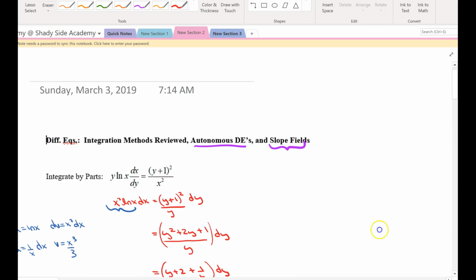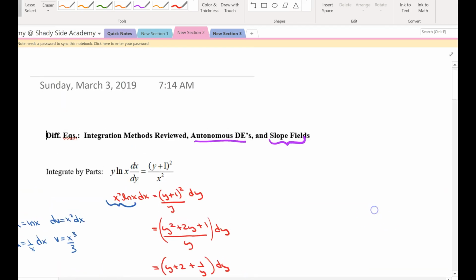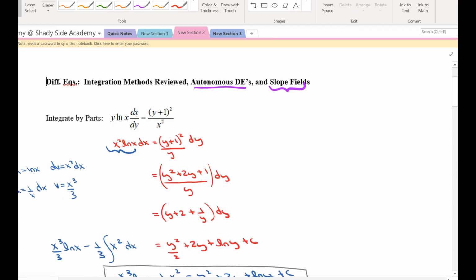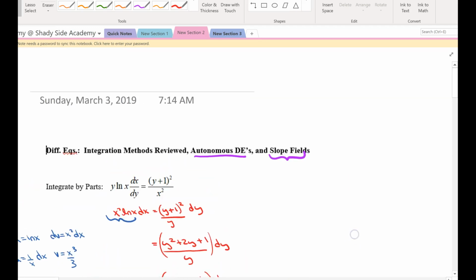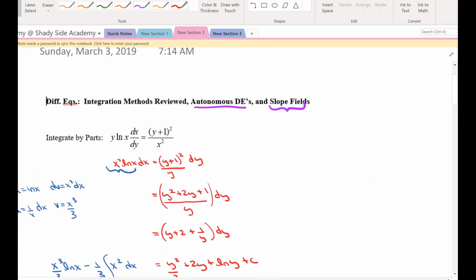Okay, not that I necessarily wanted you to look at my solution here, but I gave you a diffie-Q and I told you to integrate by parts. And integrating by parts requires, well, you know what you can do? Why don't you all pause me here and try to do it on your own. Try it. When you're ready, hit play. So integration by parts,